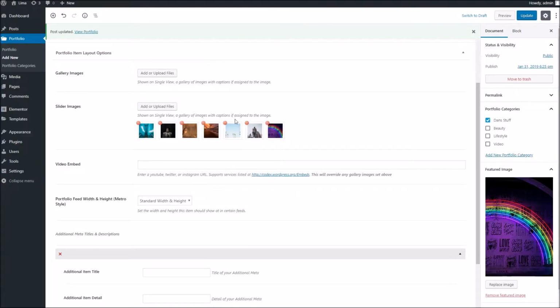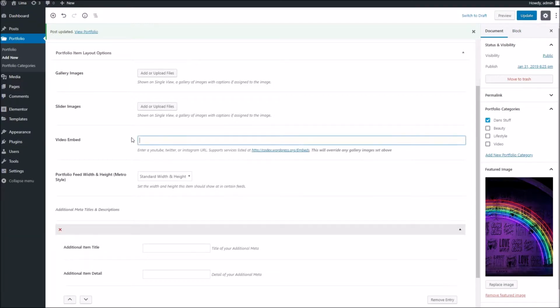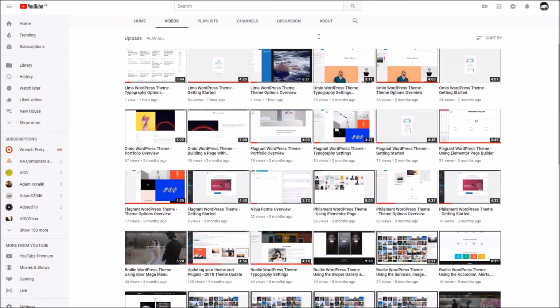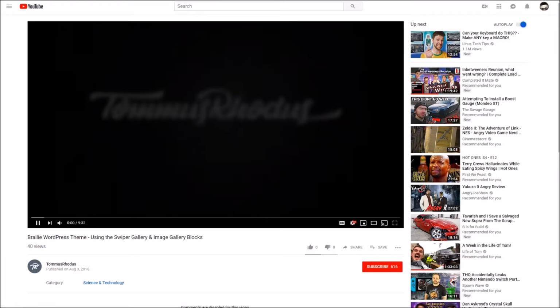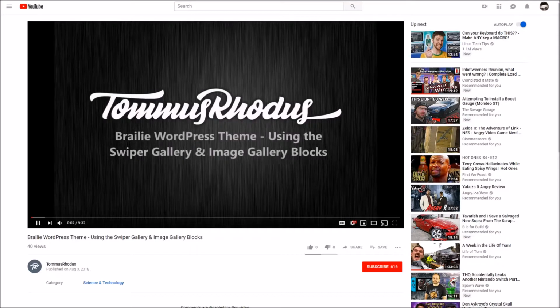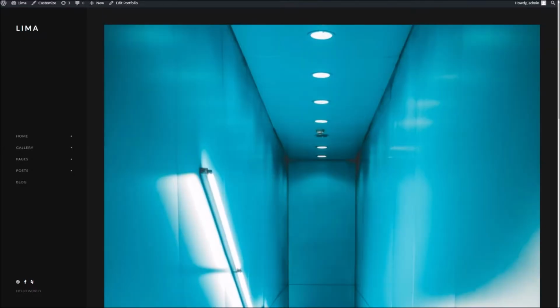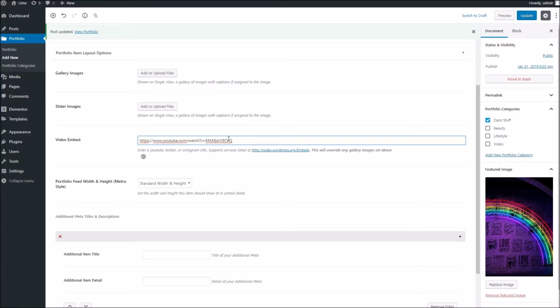Now if we head back into our settings here, I'll just get rid of these. The last option we can do is a video embed, so let me just go ahead and grab a random video from YouTube. I'll use one of ours. Simply grab the video URL, which is the main one from your browser's URL bar. We can pop that in there,